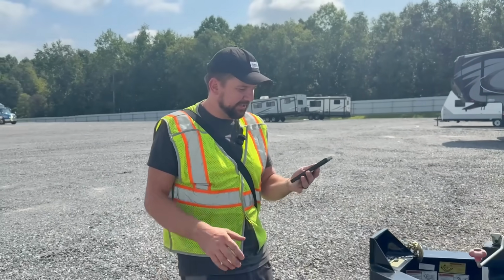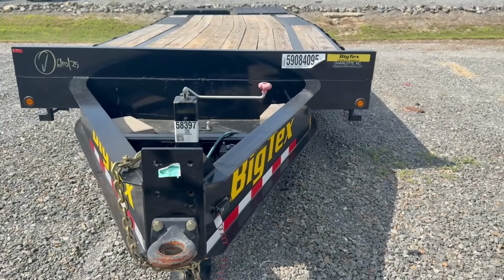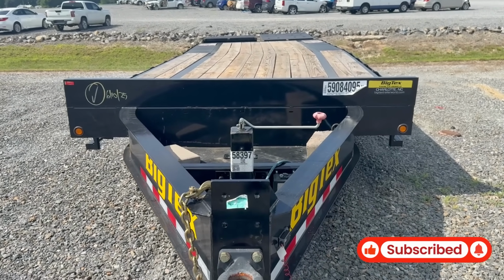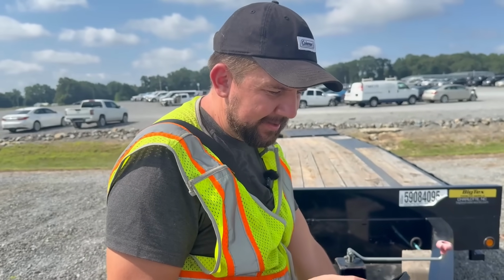Pretty crazy. It is kind of weird about the lot number, but there's so much going on. This is it. This is the trailer. It's playing right now. Join the auction. It's number 876. This style of trailer hitch, I don't know what the benefits are. I guess it's just easier to hook up, but